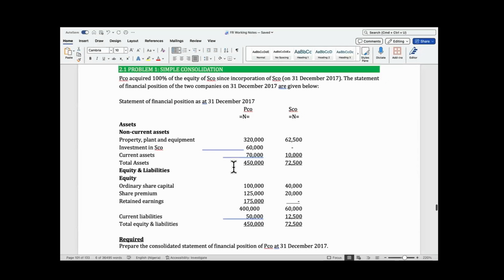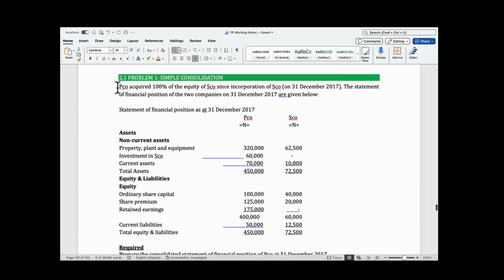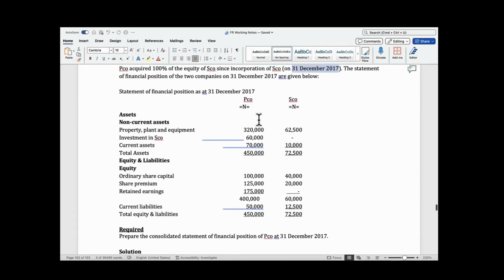All right, thank you. So not PCO, it is PICO. The name of the company is P, this co is company or limited, something like that. So PICO acquired 100% of the equity of ESCO since incorporation, which is 31st December 2017. And they gave us the statement of financial position of each entity, and we're asked to prepare